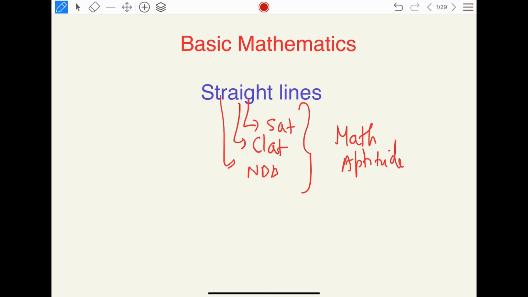In Math Aptitude, basic fundamentals of mathematics and the concepts are tested, in which straight lines, equations of lines, slopes of lines, angle between lines are very, very important topics. This is one of the most important topics as well. For JEE, this will be a concept refresher only because we will be taking the basics. Because for the other exams, which this video is more dedicated to, like for physics, the basic mathematics requirements, for SAT and CLAT, you just need this level, it's sufficient.